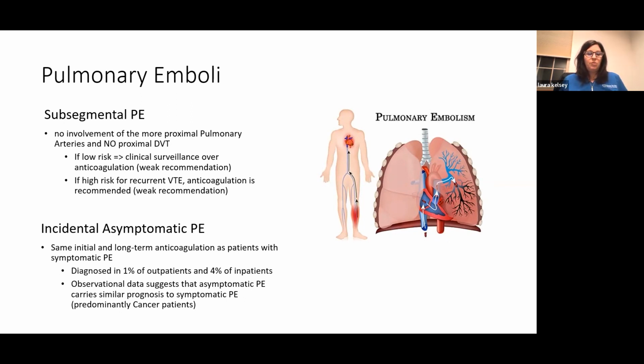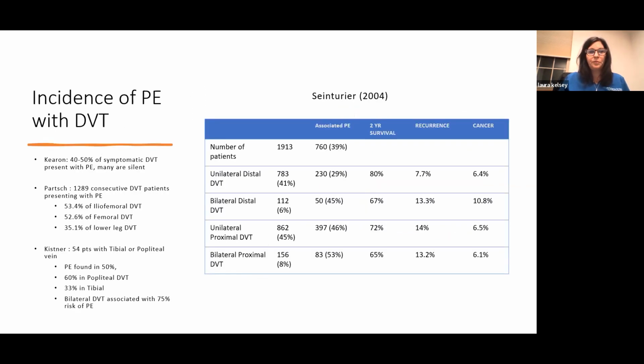And just to put this in perspective, asymptomatic incidental PEs are found in 1% of outpatients and 4% of inpatients. Observational data suggests that whether it's symptomatic or not, it carries a similar prognosis to symptomatic. And these are predominantly cancer patients. I think the takeaway on that is if you have a PE from a metastatic cancer, that's a pretty aggressive cancer. And I always think, well, when I'm treating a DVT, am I treating a PE